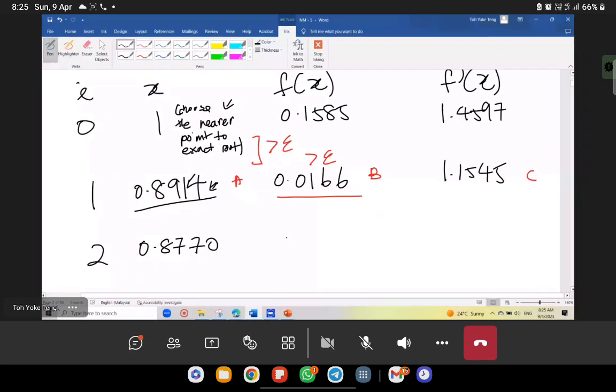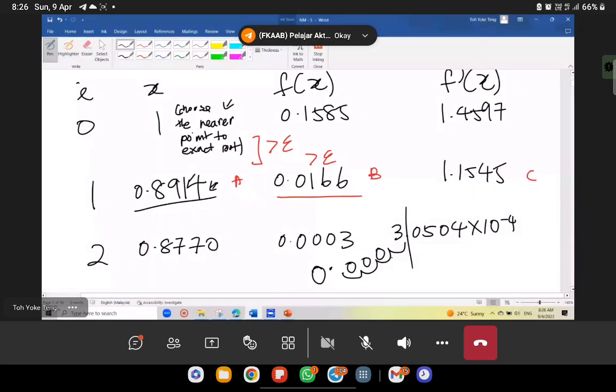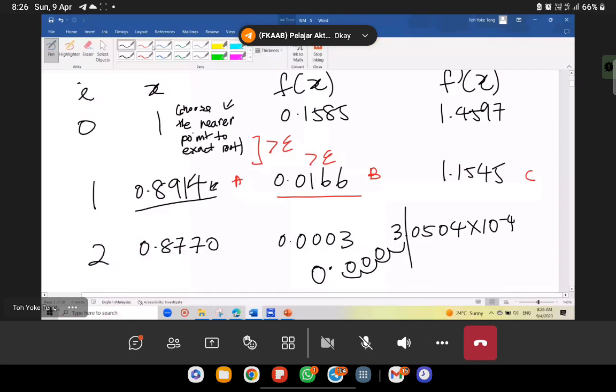And then the value of the function is 0.0003. How do I know that this one is 0.0003? In your calculator you may get it in this form. Remember that -4 means move forward 4 digits: 1, 2, 3, 4. So 0, 0, 0 here, 0. Where you stop, put the decimal point, which is the same as 0.0003. Since this one is 0, the previous one no need to plus 1 here. So as you notice here, this is less than the epsilon number